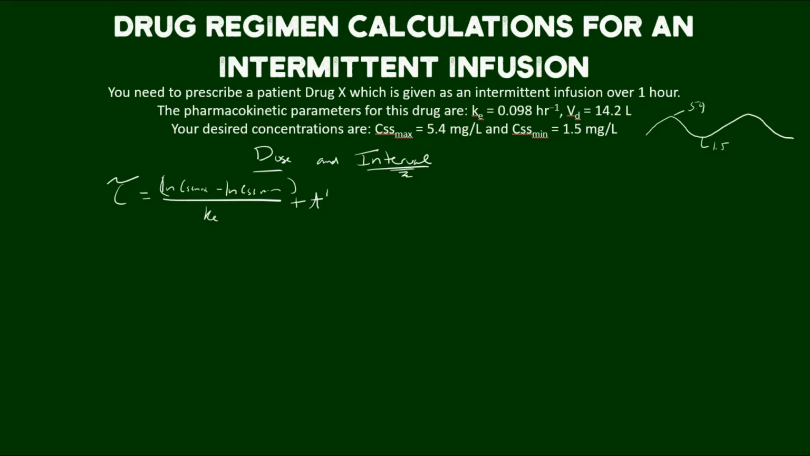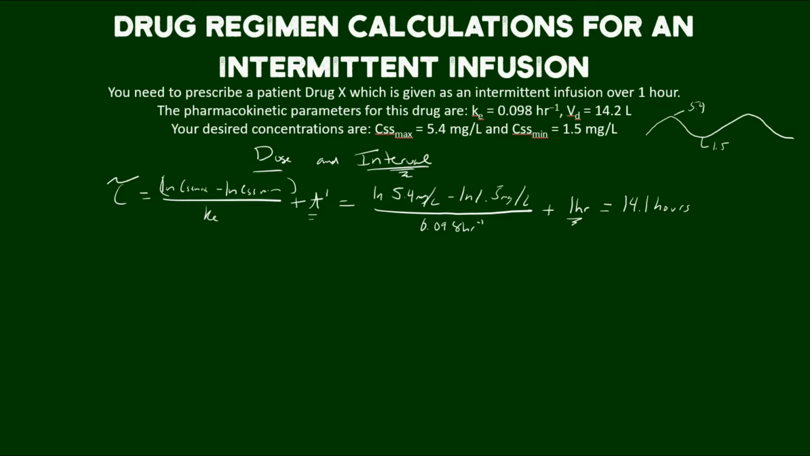So ln, natural log of the max concentration minus the natural log of the minimum concentration over the elimination rate constant. But for intermittent infusions, we tack on T prime. So let's figure out what the answer is here. We have the natural log of 5.4 minus the natural log of 1.5 over 0.098, the elimination rate constant, plus an hour, which is what we're infusing the drug over. And if we calculate this out, this equals